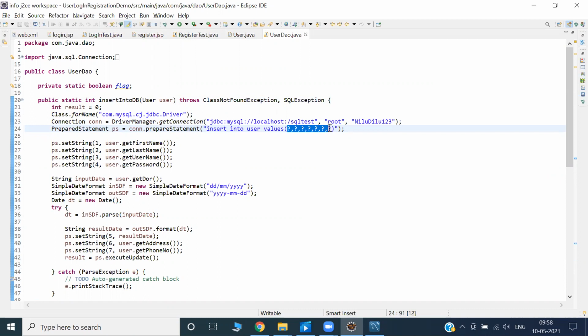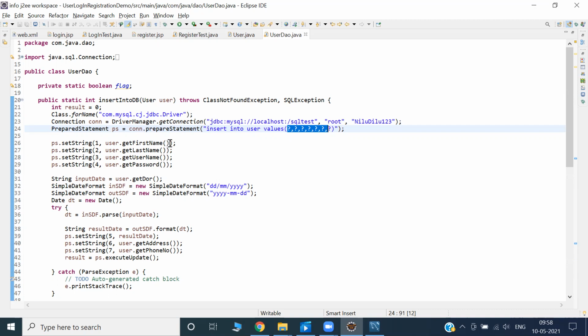Because I have collected the data, but it will take time to set the values, right? How to do that? Now come back to your JDBC programming skills. Right now it has nothing to do with your servlet programming.